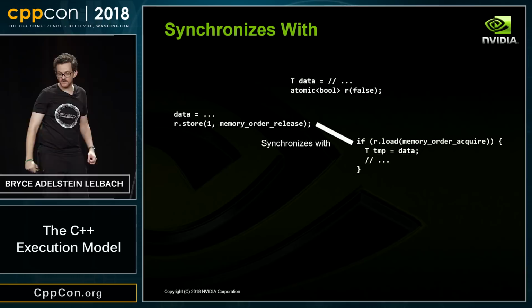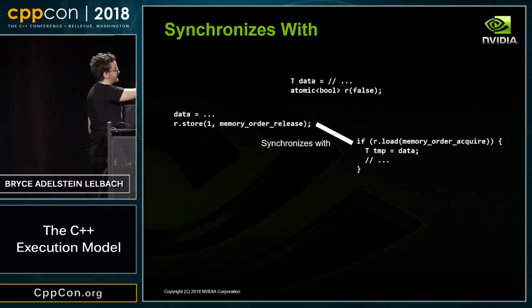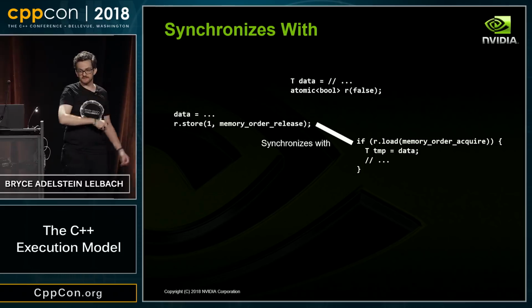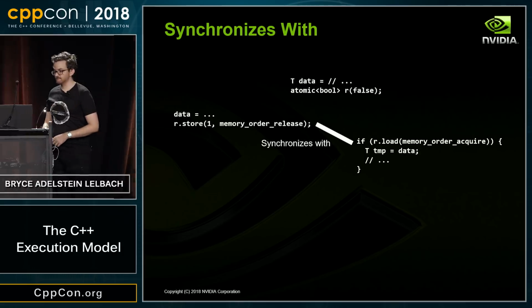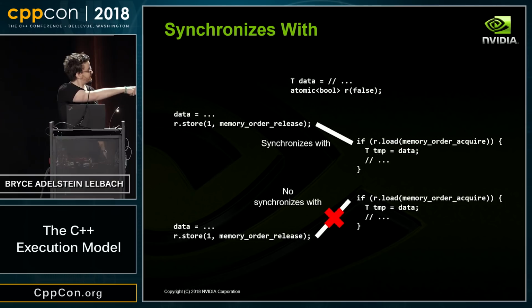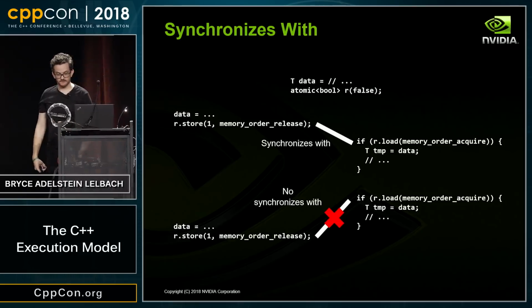What that synchronizes with relation means is everything that happened within this thread prior to this is visible to this other thread now. This other thread has observed the side effects of that other thread. But if this thread here did not observe this store here, if this conceptually happened after this load,